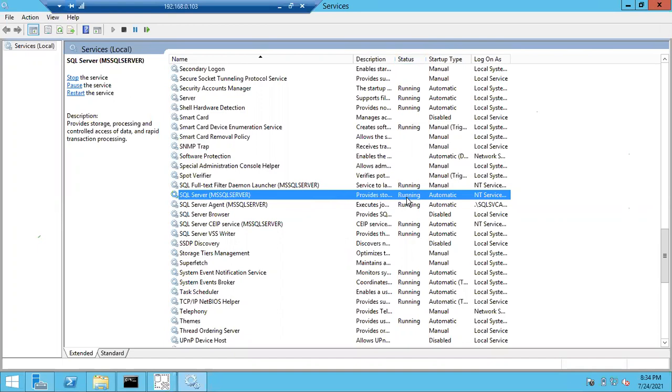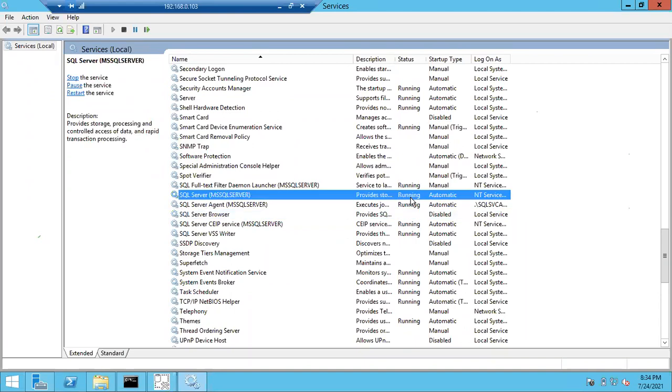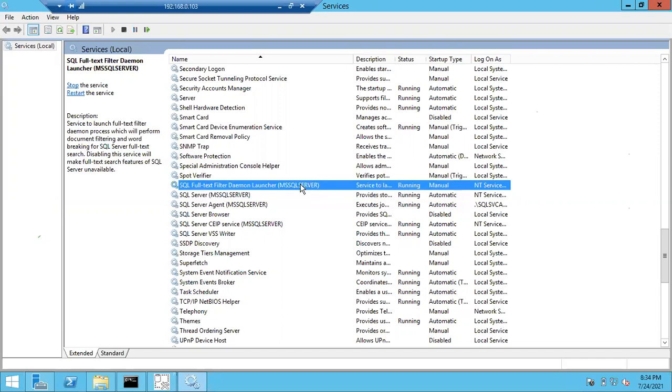You can see the status as running here. If you don't see any status, it's not running. If there is no status, that means the service is not running. Sometimes you can see the service is stopped. A lot of states will be there: stopped, restart, and many different states. Usually if it is running, it will show as running. If it is stopped, it will show as stopped. You can see these two states commonly. Fine, right? If it is a default instance, what name can you see, guys?